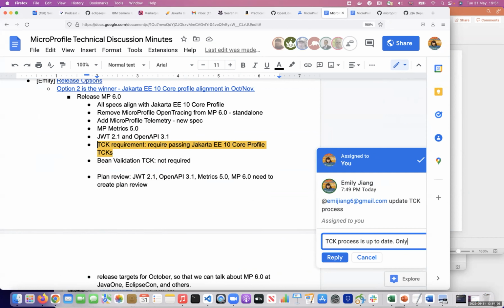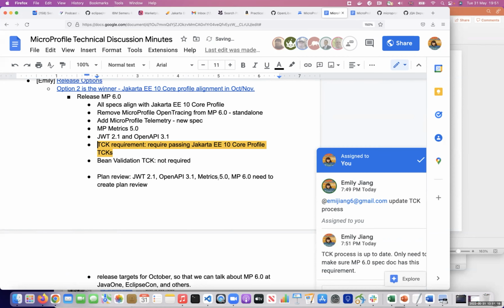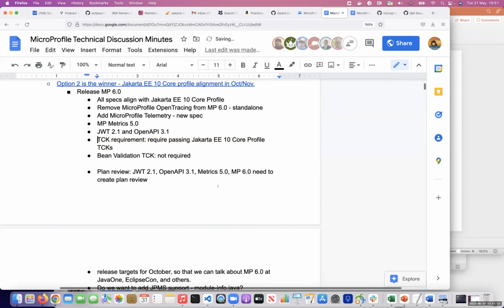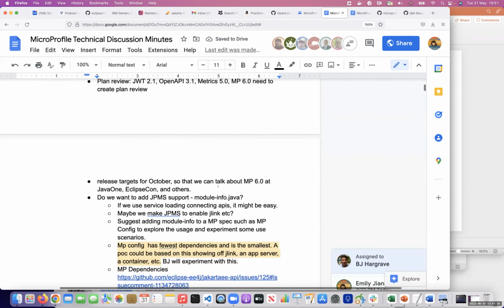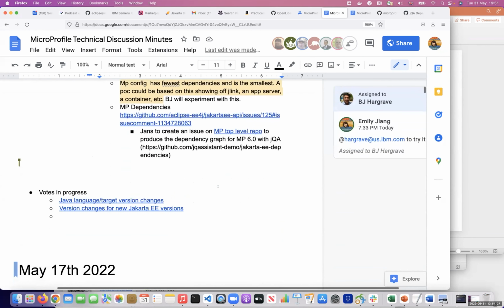We only need to make sure the MP 6.0 spec doc has this requirement. Okay, then I think that's all for 6.0.